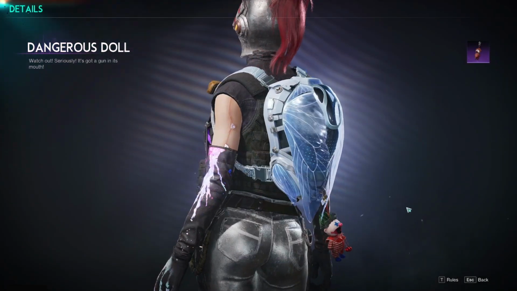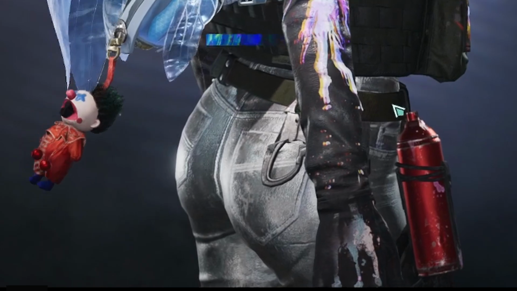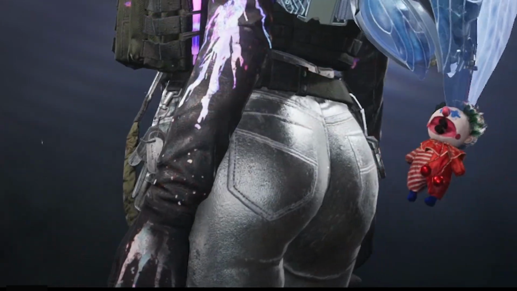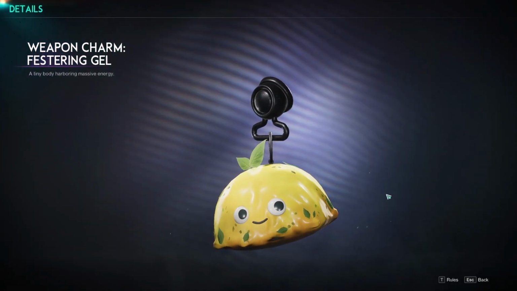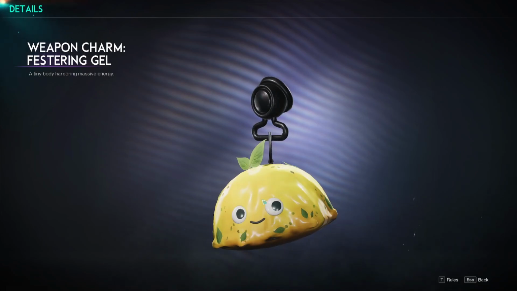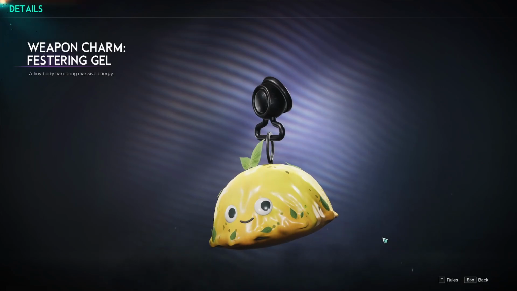Let's zoom in and look at him there. It says watch out. Seriously, it's got a gun in its mouth. He actually does. There's a little cannon inside his mouth. And next up we have the Festering Gel charm for your weapon. I mean, who doesn't like the Festering Gel? He's so squishy. He's our friend, he heals us, and he removes the insanity debuffs, so...